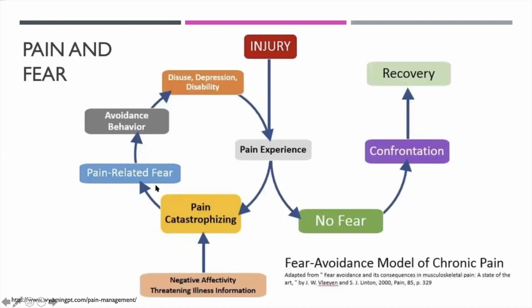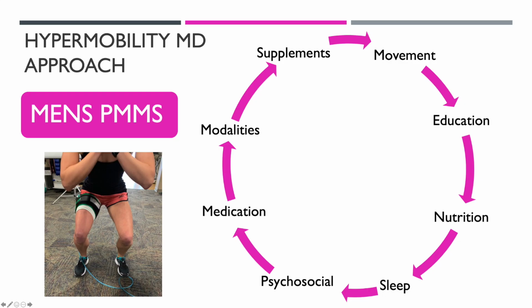Fear is an extremely important component of the pain response. So we want to make sure that we do everything we possibly can to minimize fear. When we become injured and we have a pain experience, if we have a lot of fear, then we are going to be over on this left side of this figure. If we are able to minimize the fear, then we can shift from the left over to the right, and we can have a greater chance of having meaningful recovery. The treatment model that I've been using is a multifactorial one, and we'll talk briefly about each one of these components.